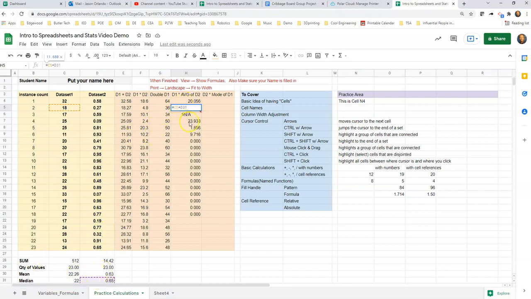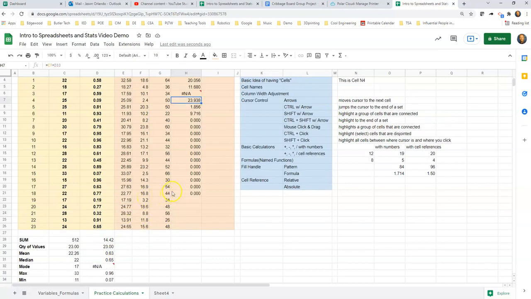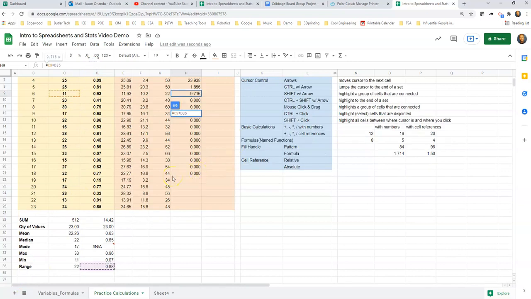Do you know what happened yet? Let's take a look at the next one. Here, it's getting the next value in data set 1 and multiplying by the mode. So I started with the mean, the next one did the median, the third one's doing the mode. Maybe take a guess what the next one's going to do, right? This one's using the max, and the next one's using the min, and the next one's using the range,